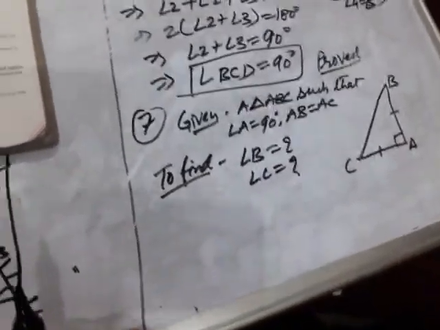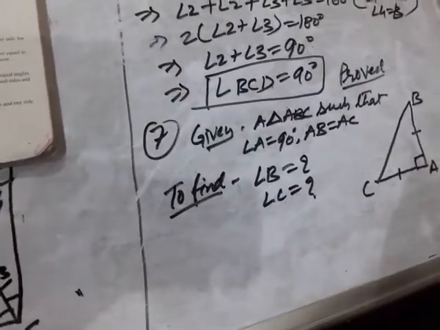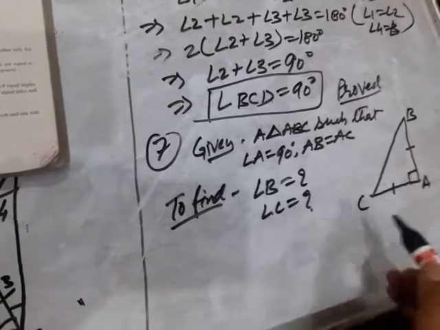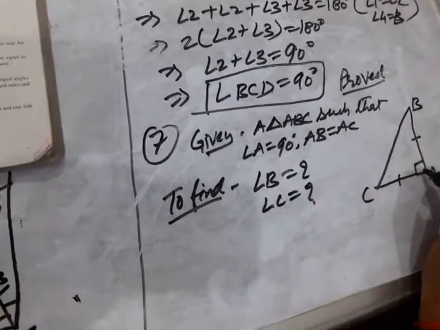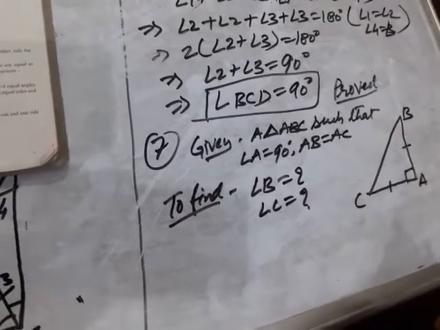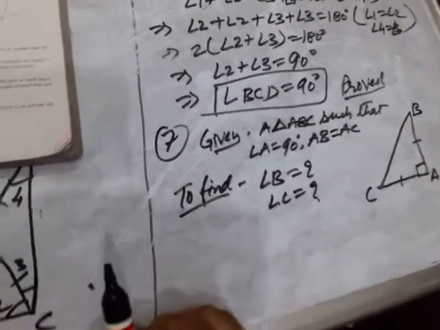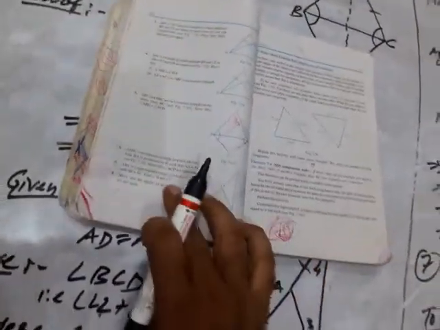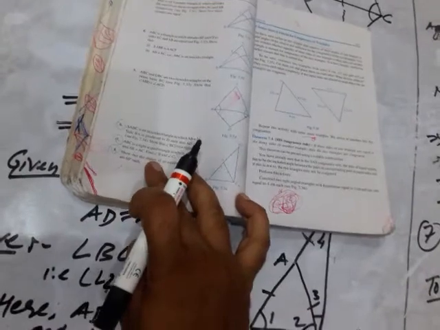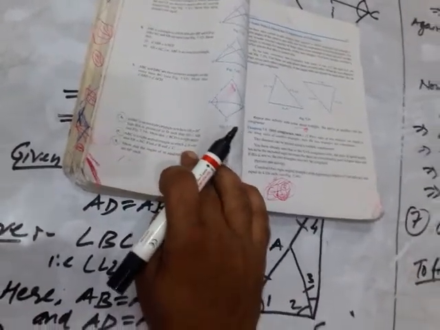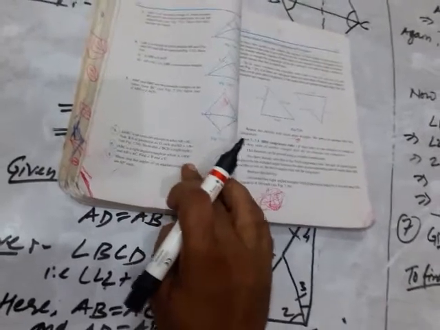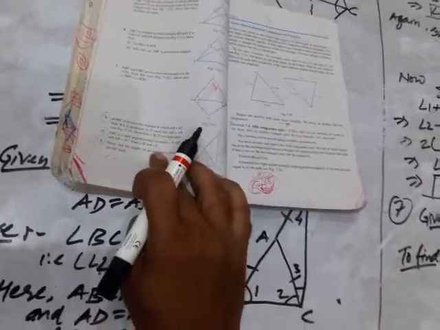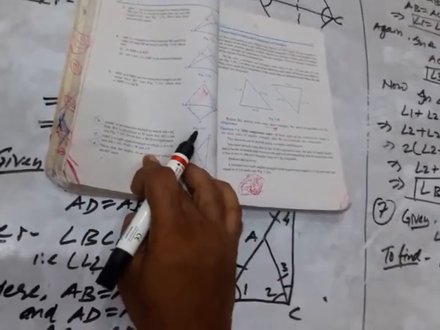Okay children, now let angle B and angle C be what we have to find. This is given to be 90 degree. Now children, let us see question number C. Let us go through the question once again. Triangle ABC is a right angle triangle in which angle A equal to 90 degree and AB equal to AC. Find angle B and angle C.